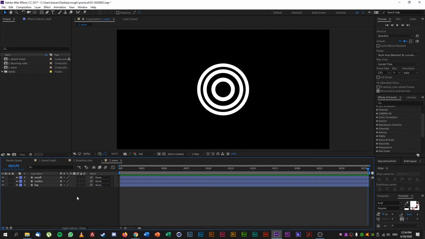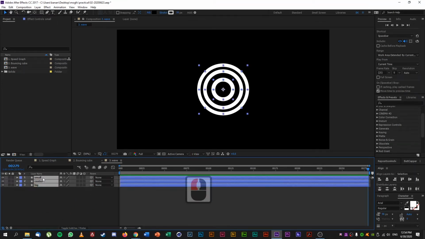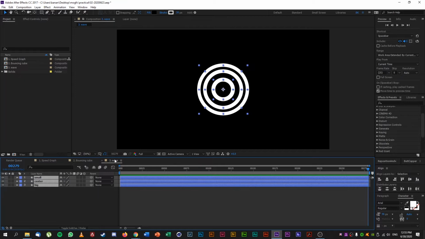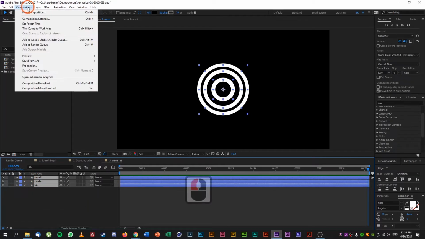For the next step, I'm going to select all the layers here. We are going to group them up together. But in After Effects, there's no such thing as group. The only thing that you can group is this one. So all your composition is actually considered as a group. So I'm going to select all 3 layers, and then I'll go